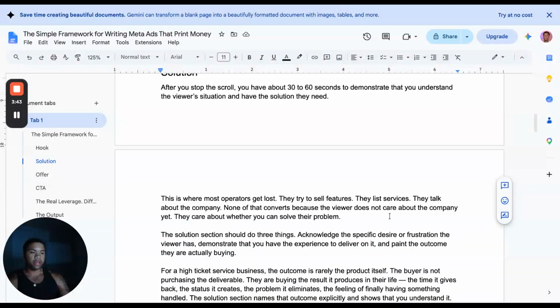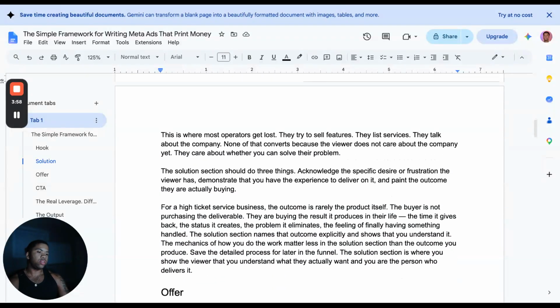That doesn't convert, because the viewer doesn't care about the company yet. For the most part, they have no clue who you are unless you're running towards your warm audience. All they're focused on is, can this person solve my problem? So the solution section should really do three things. You want to acknowledge the specific desire they want, or the frustration the viewer has,